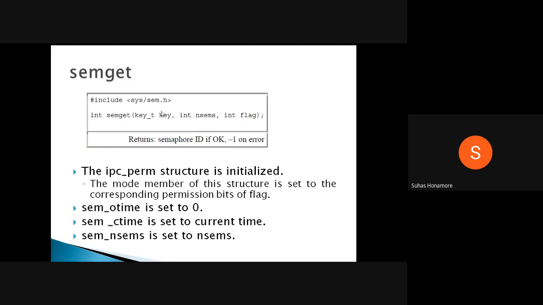Here the key will be passed, then how many semaphores you want to create, for one type of resource. So how many resources there are, that you will say. Like for a printer, how many printers are there. So that is a type of resource, printer. In that, how many printers there are gives us the semaphore value. So if we have 2 printers available, we give semaphore value as 2.